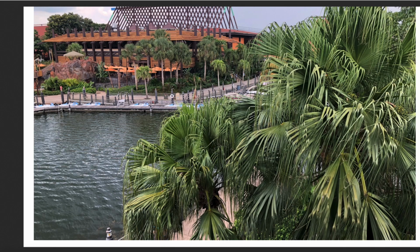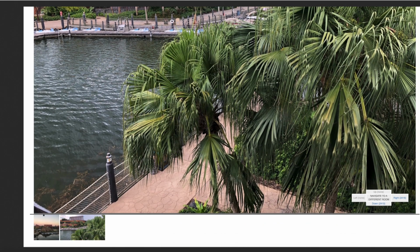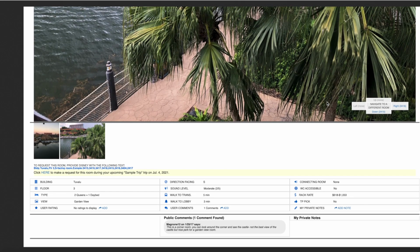So it's actually not a bad view. If you are someone that really cares about the view and you book this standard category, this might be a room for you. Personally, I would not like it because of the location. This is a corner room. You can look around the corner and see the castle. Not the best view of the castle, but a nice perk for a garden view